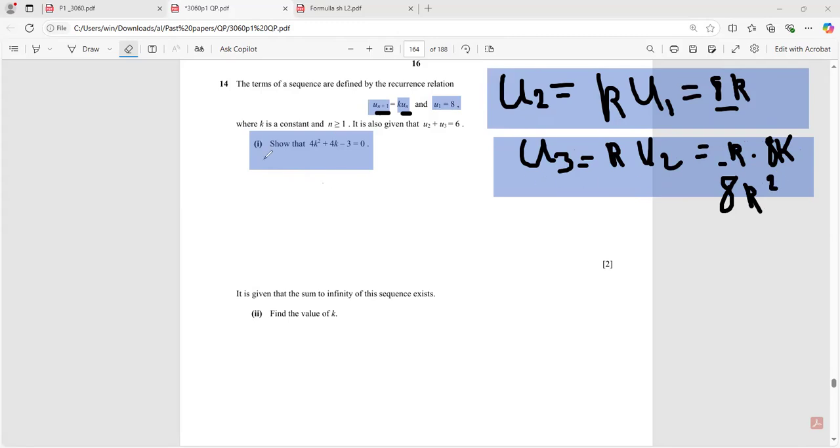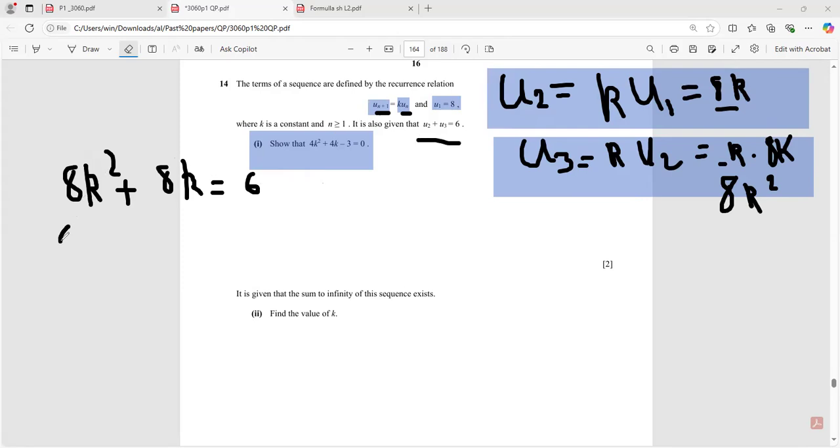And now we say that the 8k squared plus the 8k